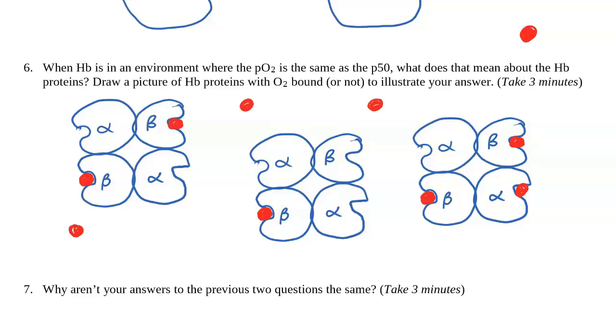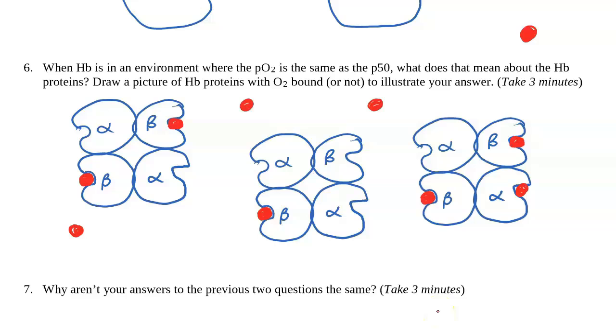So if you didn't have it like that, make sure you add that to your understanding: the P50 for hemoglobin is about 50% of the binding sites, but any particular hemoglobin molecule might have 2 or 1 or 3, could even have 4 or 0, right? I could draw 2 more hemoglobins, one with 0 binding sites occupied and one with 4, and that would still meet this description. Why aren't your answers to these questions the same?